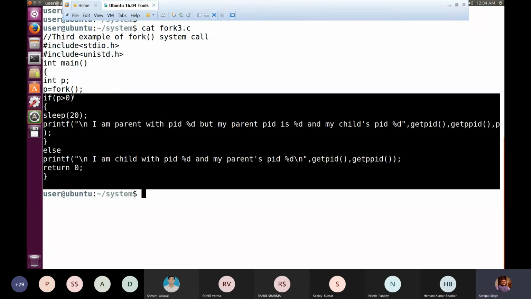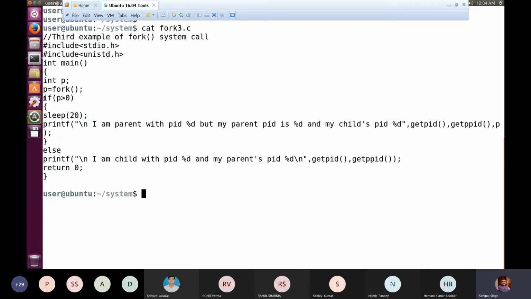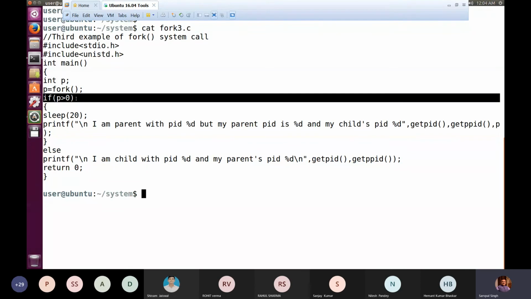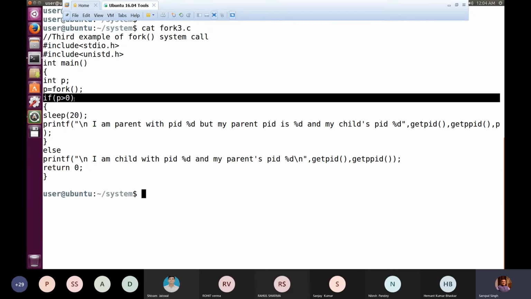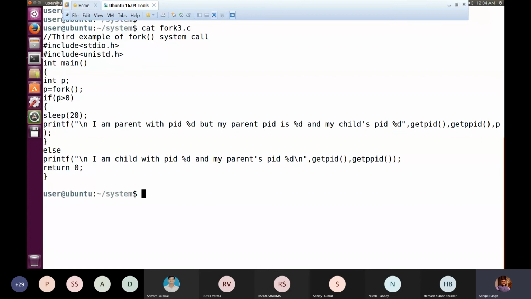So execution will be done in both the cases from which point? From the next statement onwards, and which is the next statement? This one. So what will happen? If the parent gets the turn first, this statement will be true in case of the parent, because the PID of the child process is stored in variable p. So this condition will be true in case of the parent, because here p has the PID of the child process, and we have just taken the example on the white screen that the parent PID is 23 and the child PID is 24. So what p has is 24. So because of that only this condition is true, so this statement is executed.